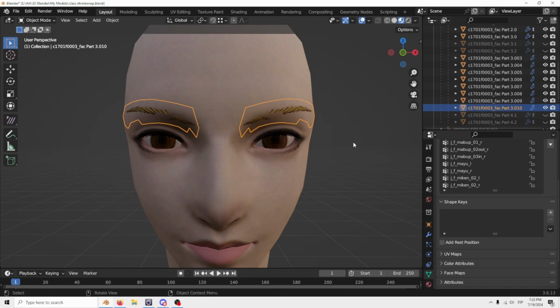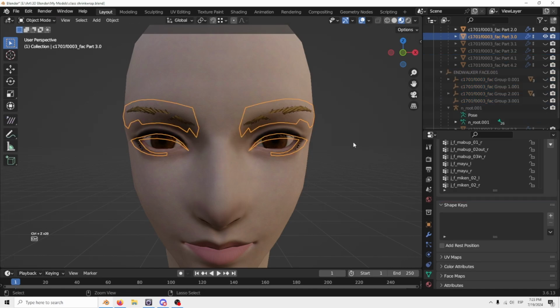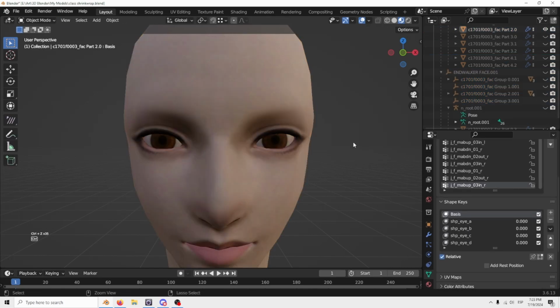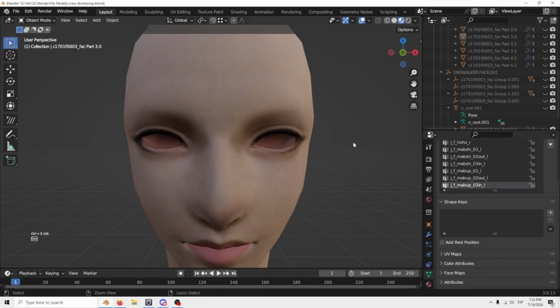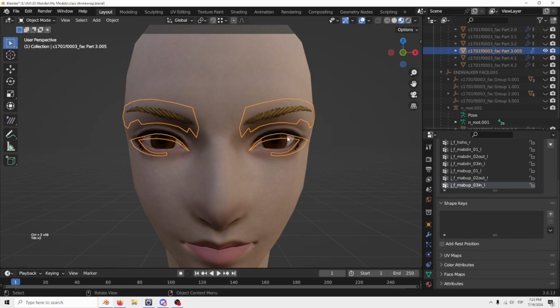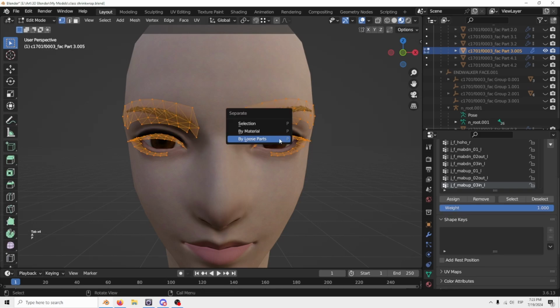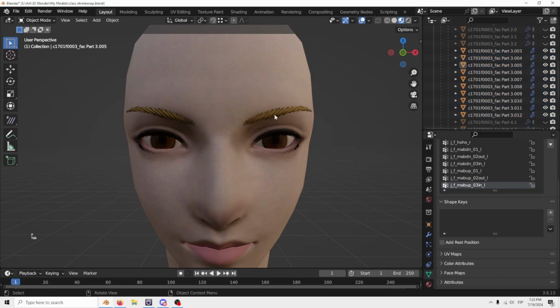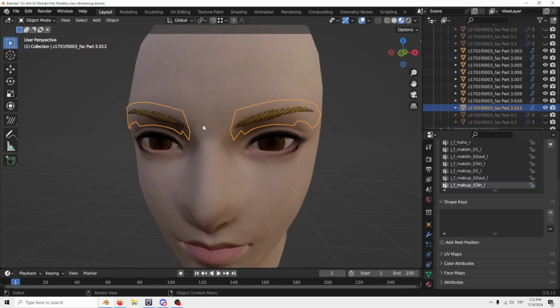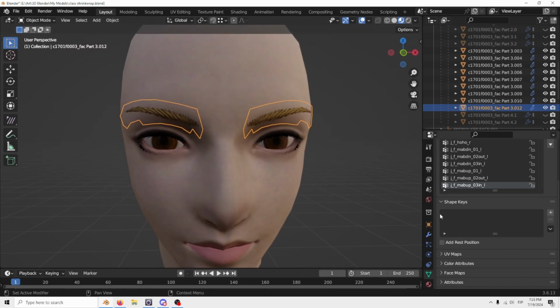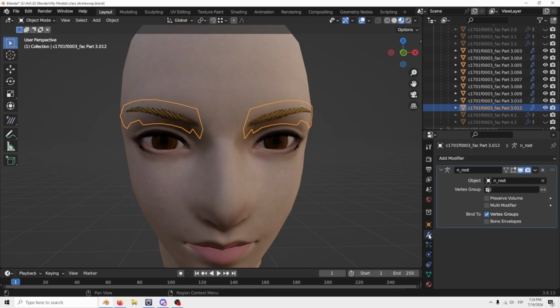I am going to just very quickly backtrack to what I had already done before the video. Hang on. Yep. Okay. So I'm going to separate them by loose parts. Right now, I'm going to join them, and then since your eyebrows are probably going to be either hiding under the face or just clipping through the face, we're going to go into the modifiers here, and